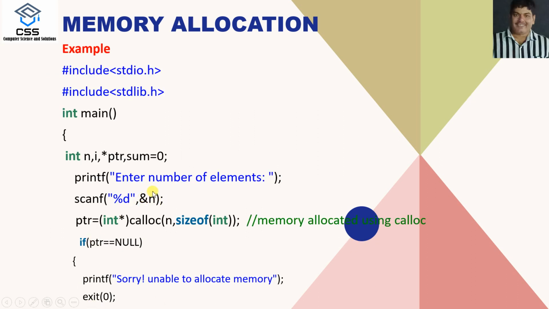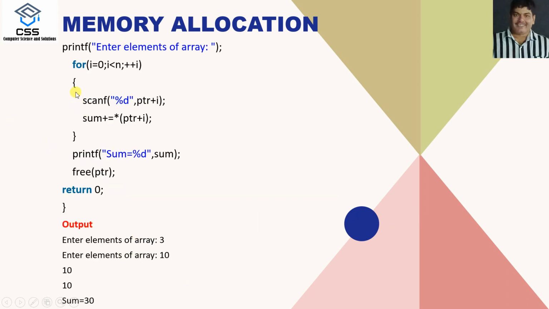Suppose you want to enter n elements: like malloc, we write calloc, but n comma size of int, or the space consumed by the data type. Suppose we take the n value as 3, then 3 into 2 means 6 bytes it will consume, because each element takes 2 bytes of memory. If ptr is null, then it is unable to allocate the memory. If memory is available, it comes inside the if, and outside the if, the loop will continue n times